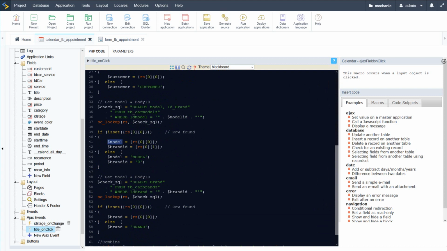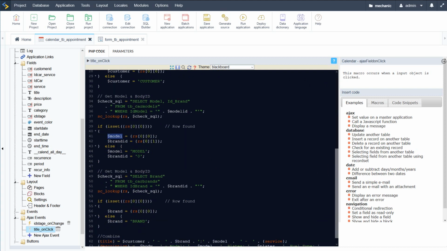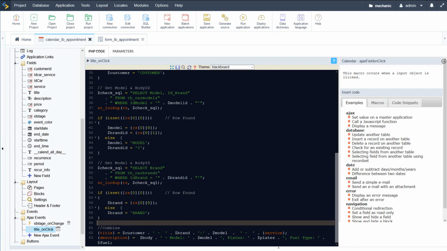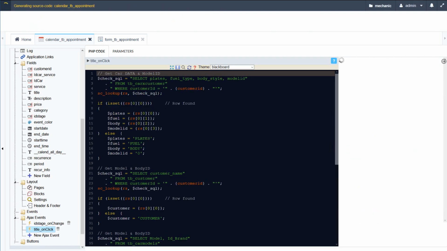And there we are then grabbing the model and the brand ID. And then from the brands table, here car brands, we are just selecting the brand itself using the previously received brand ID. And at the bottom here, I'm just combining those elements quite quickly and simply. And then with that, if I now go run,